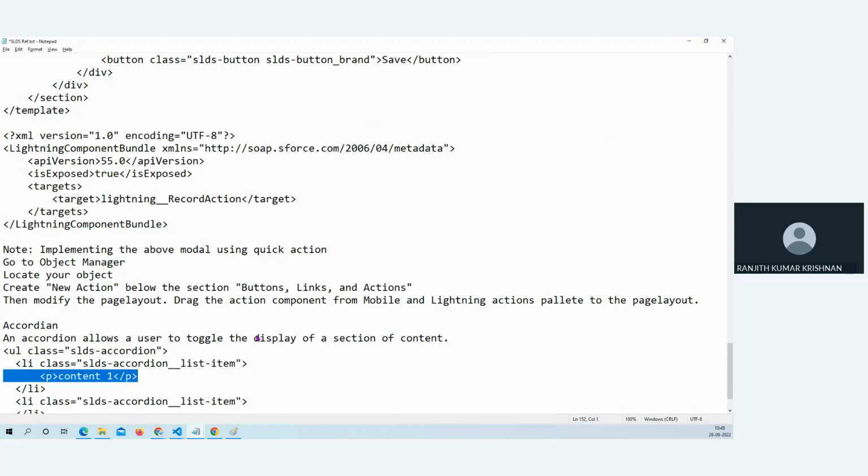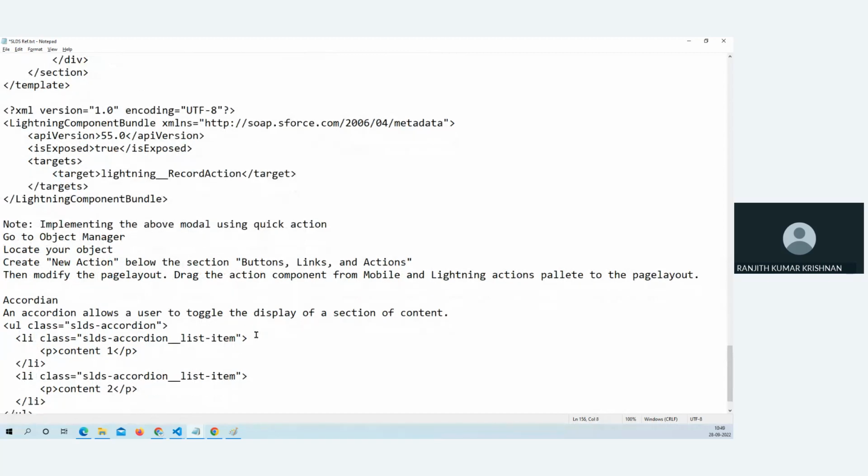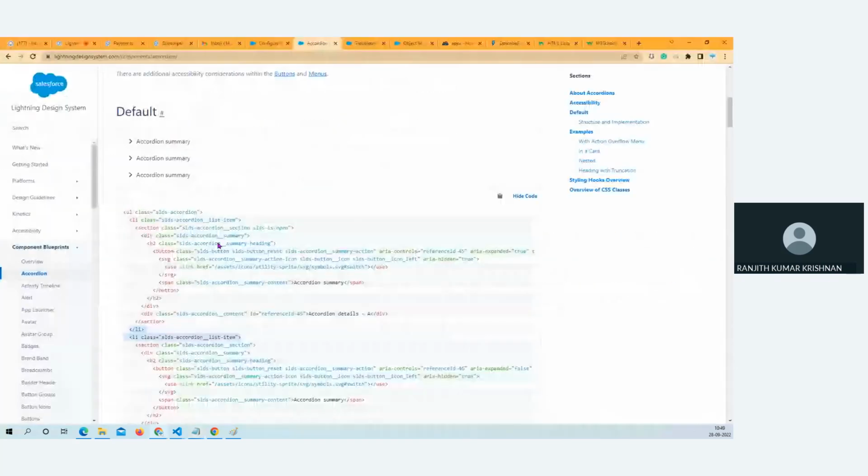To try later. I'm going to try now. Yeah. Then